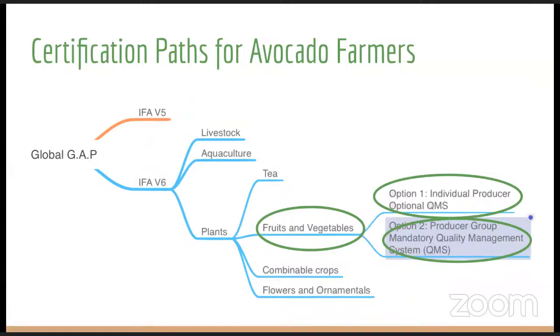What that means is it essentially has to put in place what they call a quality management system, which would be the set of standards, processes and criteria that Lusaka Avocado, for example, would have to make sure all the farmers taking part in that certified group align to, and make sure that they're in compliance with our quality management system. Once that's in place, the group would go through the Global GAP certification process